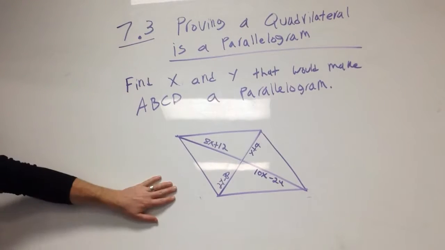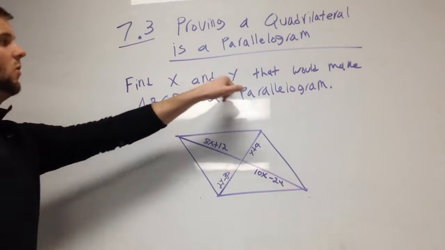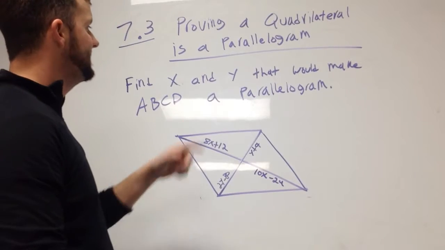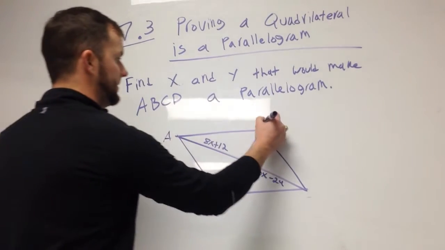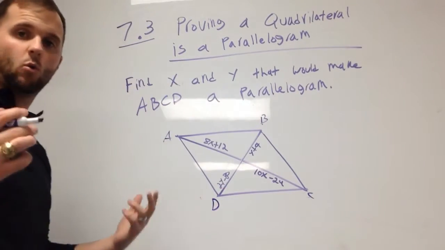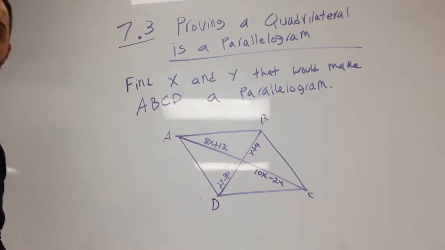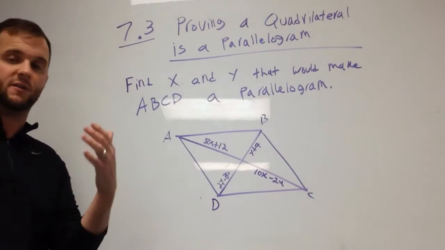Okay, so now on this example, I think it's number 2 on your notes, we need to find the value of x and y that would make A, B, C, and D a parallelogram. So right now we know this is a quadrilateral, and it looks like we have two diagonals that are crossing each other. So we can go back to our theorem